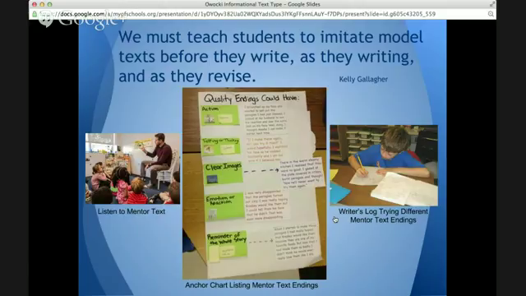Gallagher also says that we must teach students to imitate these models or these model texts before they write, as they write, and then as they revise. And you can see in this sequence here of instruction that, again, it starts out with the ear, doesn't it? Where this teacher is likely reading mentor texts that have to do with craft, likely in this example with conclusions. Through the course of study in this classroom,